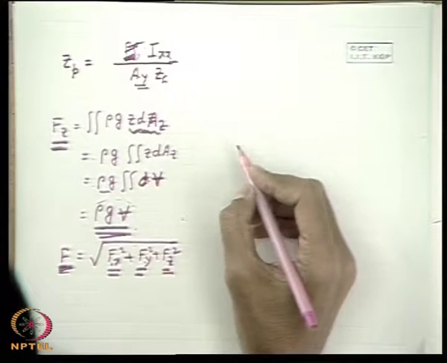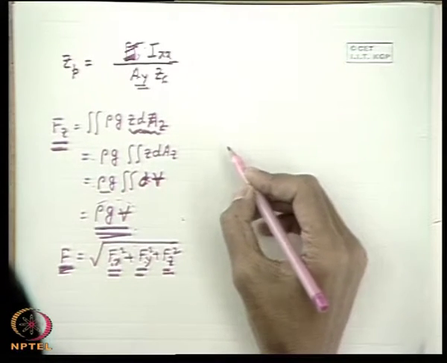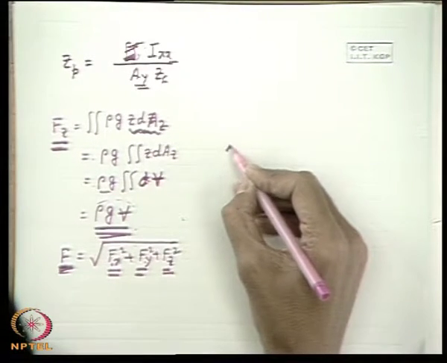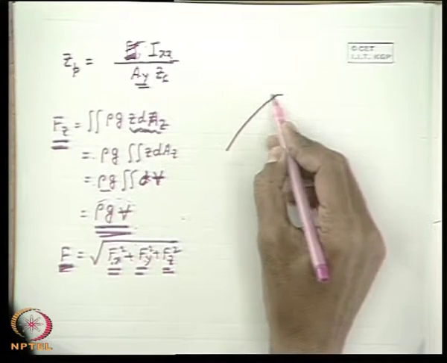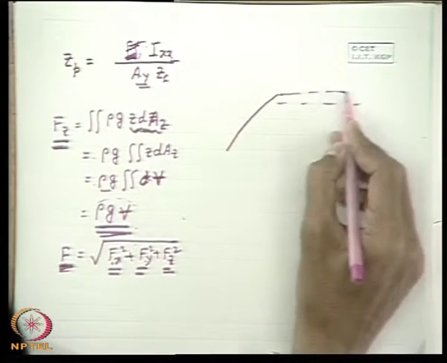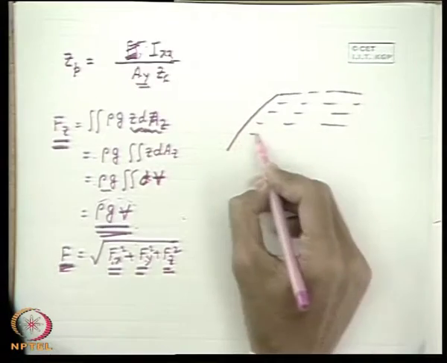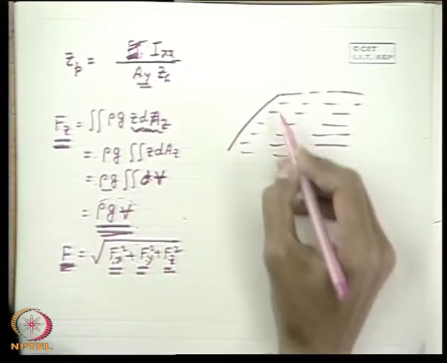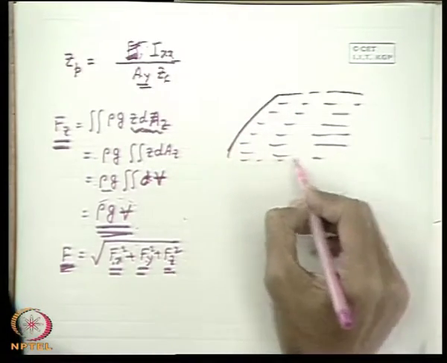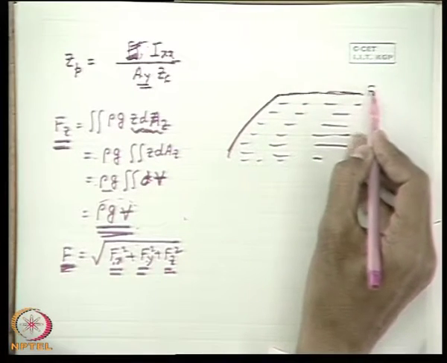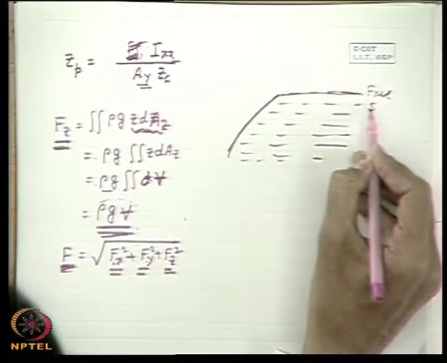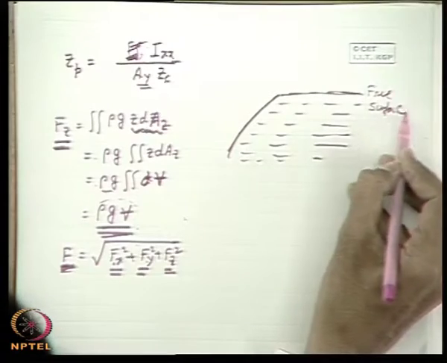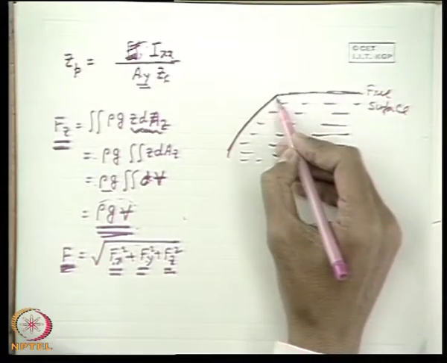Now, a few things I must tell you. This is all about the pressure forces on a curved surface. There may be some situations where the free surface may not be defined properly. For example, this is a case where in an expanse of water, there is a gate, a curved gate or surface like that. Now, this is the free surface which may not be extended in this direction. Now, what happens?